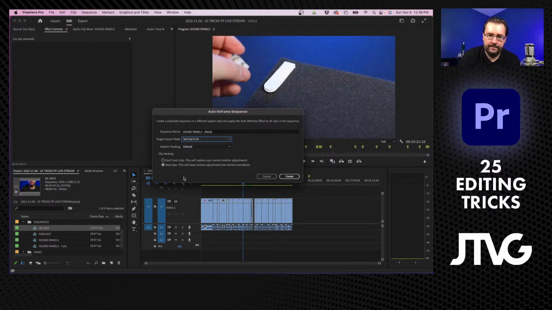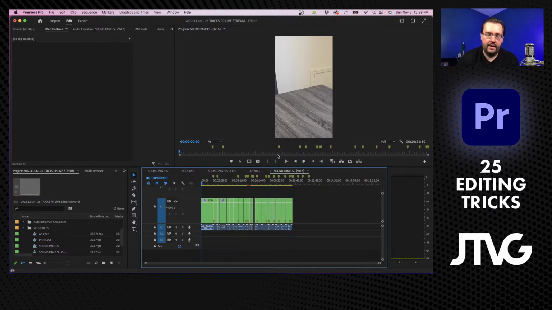That way, it just nests them. Then you click create, and then it'll automatically try to reframe the sequence. You'll notice at the very bottom right, it's analyzing for auto reframe. And it's essentially trying to analyze what's in the frame and center it. That way it's in frame when